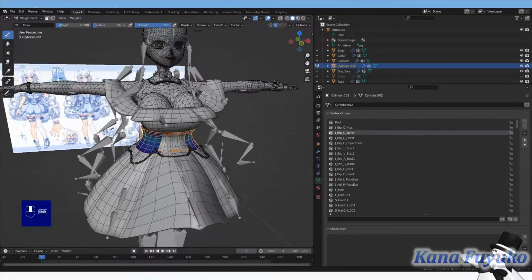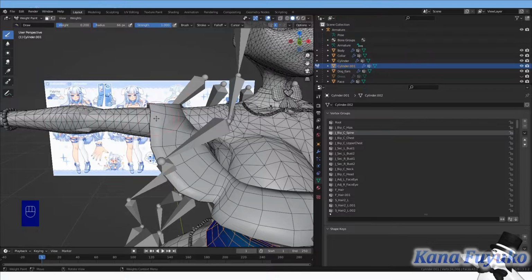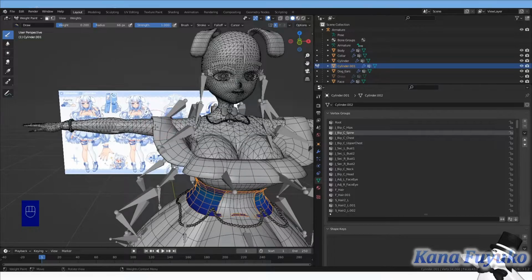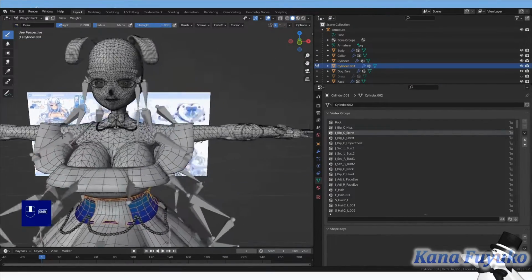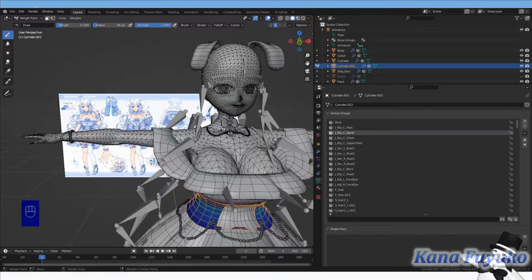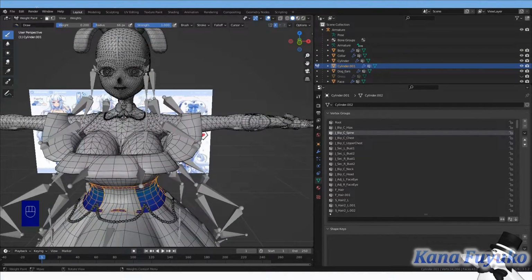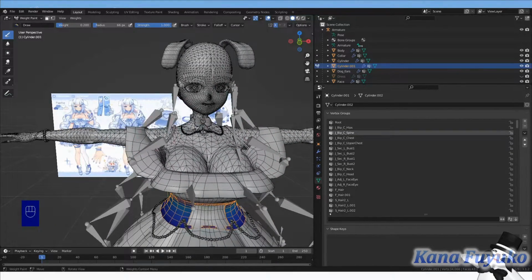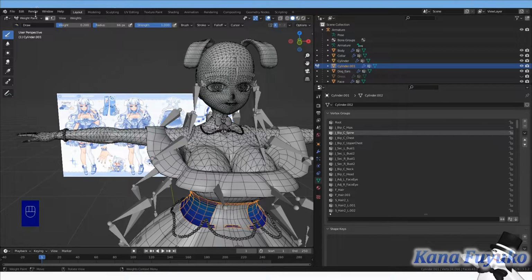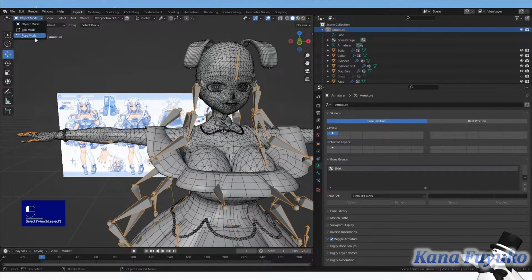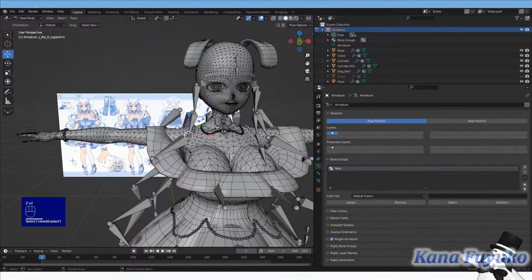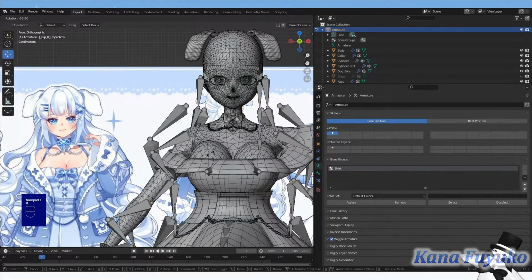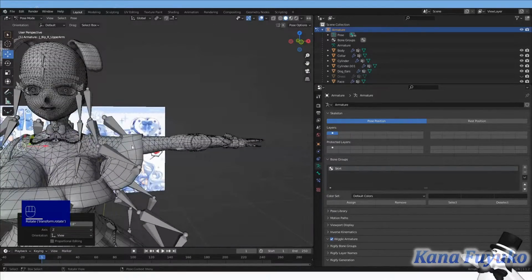And also, let's say I were to adjust this part of the dress, right? I manually weight paint it, let's say. The thing is that you also need to make sure the other side has the same pose, because if I have this pose and I'm making a weight paint and I have this part mirrored, it's going to really mess up the dress, especially since I didn't properly rename the bones. So please make sure, I'll show you here, if you were to pose this and you weight paint this part, this will mess up.